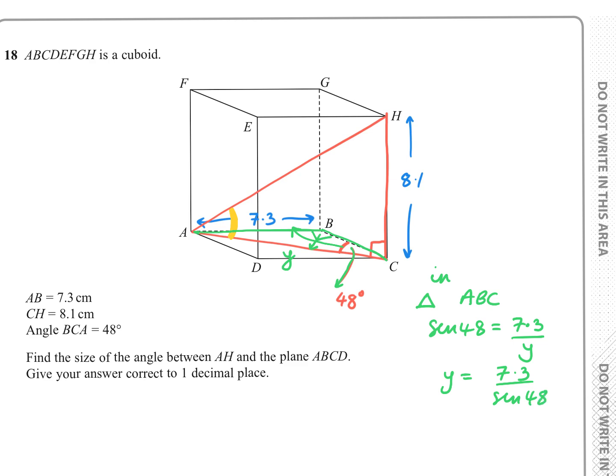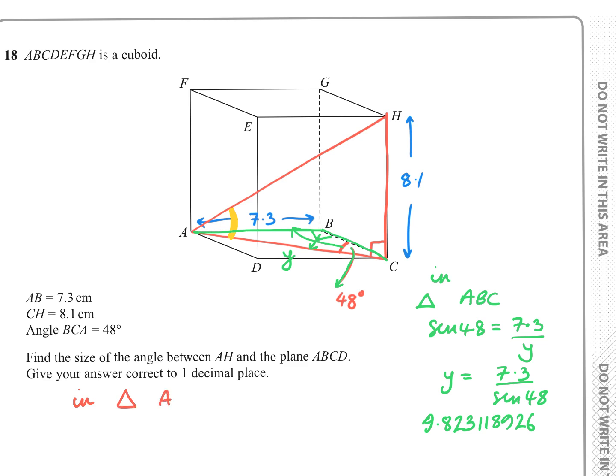And I'll do that on my calculator. So I've got 7.3 divided by sine 48. And that gives me, I'm going to write everything down. I suggest you always do this. 8.23118926. And so if I have that length there, then in the other triangle, so I can do this now, in triangle, the red one, AHC,